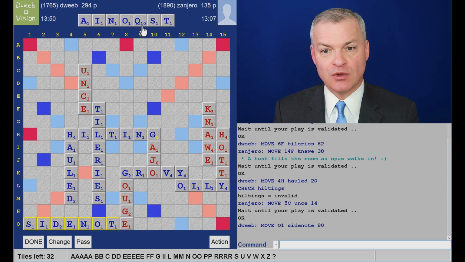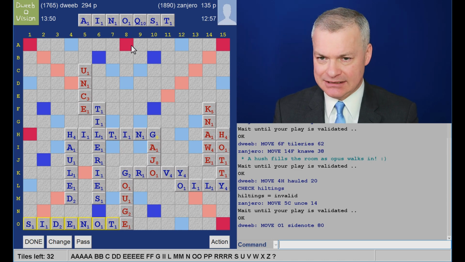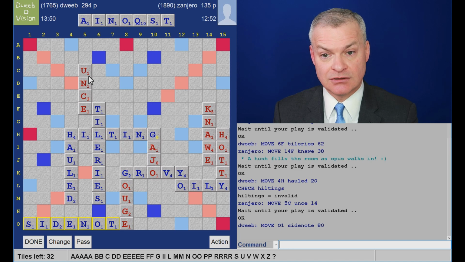And this actually looks quite a nice rack, or even without the U, because I've got an I, A and N and T for chi, chin, and cat. Plus the S, plus the U of bunce. I can't see a bingo through that. ISO quant not good. Through YA I would have Yakona. What I could do is play chi and key,